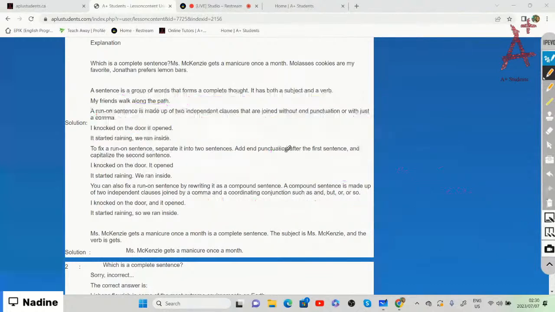All right, so that is a complete sentence, which is a group of words that forms a complete thought, and it has both a subject as well as a verb. And a run-on sentence is made up of two independent clauses that are joined without end punctuation or with just a comma. Remember, when we fix that run-on sentence, we can separate the two sentences by adding an end punctuation after the first sentence and then capitalizing the second sentence,